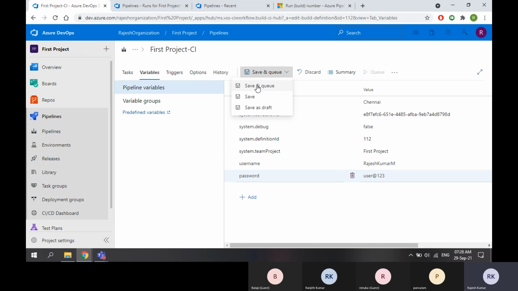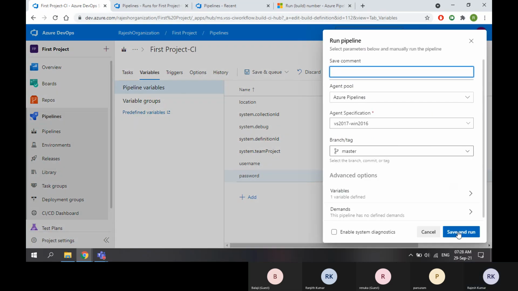Okay. Now save and queue. For comment, build number updated. Okay, it's not the build number, the format updated.